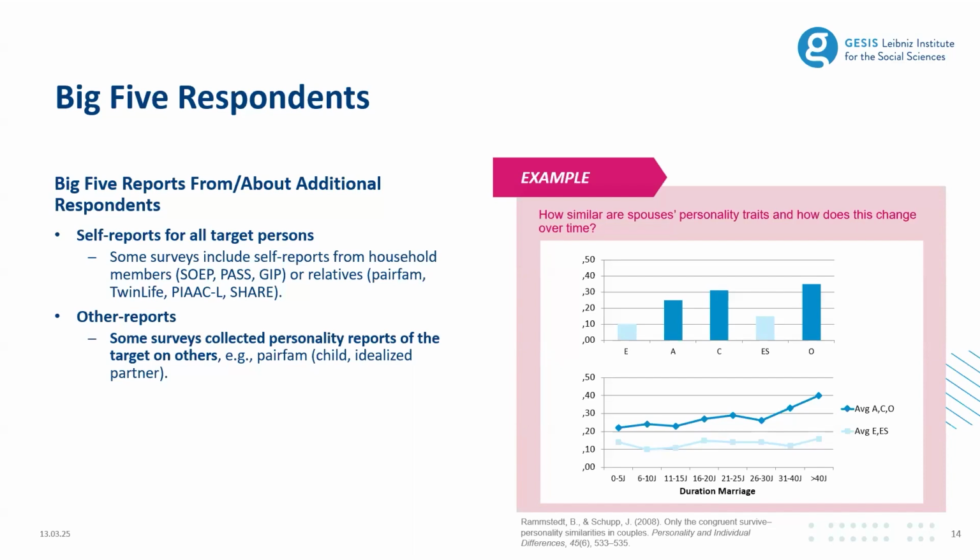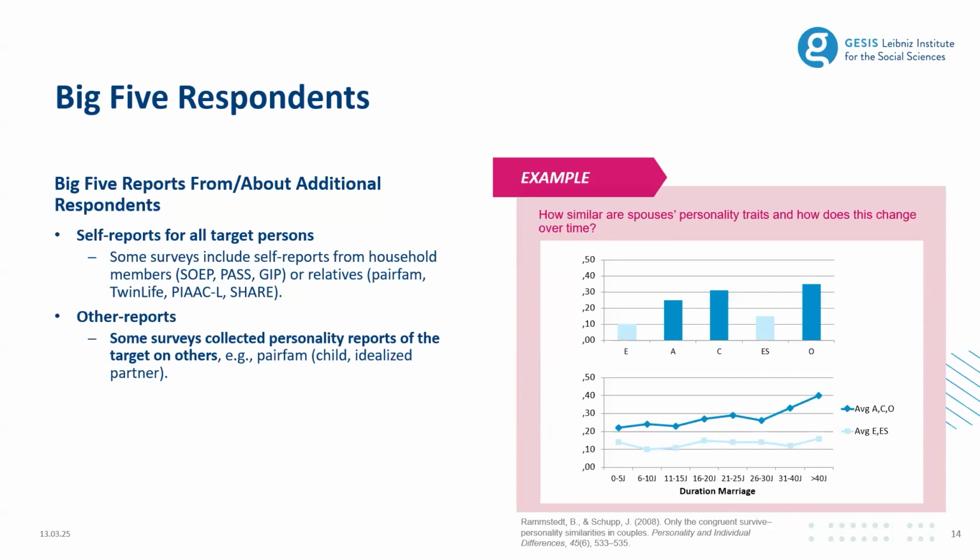And so in these surveys, you have self-reports of target persons that are in a specific relation to each other. And this allows to combine these or compare the personality profiles of these relatives. We did this a couple of years ago using the GSUP data and investigated how similar personality profiles in romantic partnerships are. And we compared the personality self-reports of the spouses and found that they are particularly similar for agreeableness, conscientiousness, and openness, and that similarities in these 3 dimensions also predict the duration of the marriage.